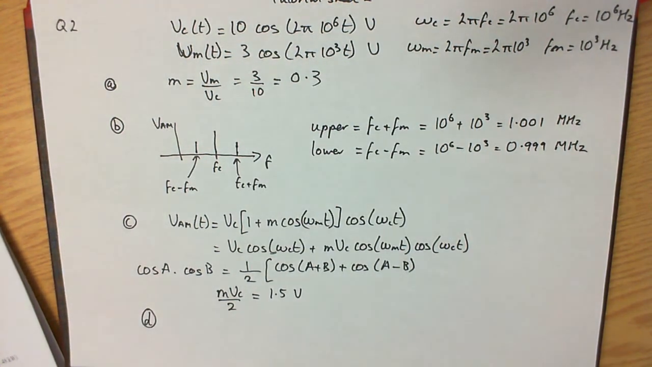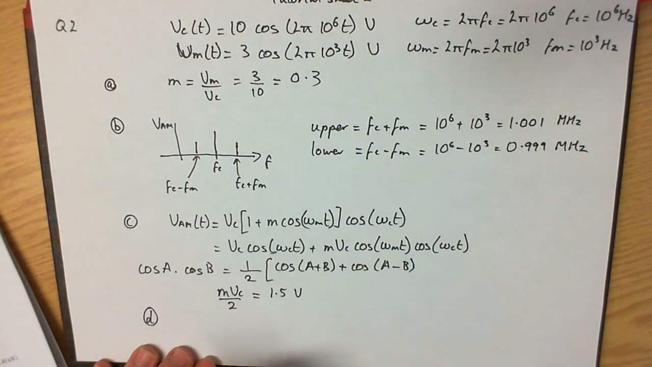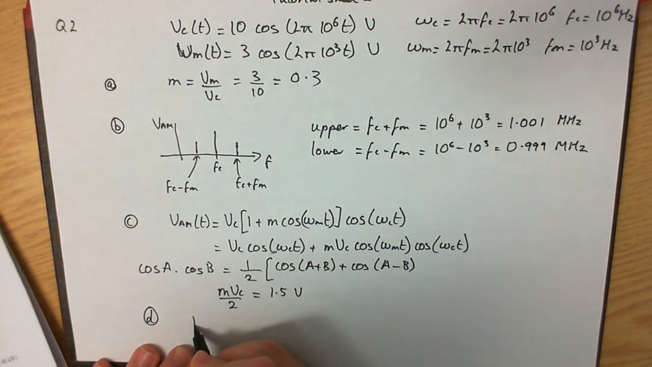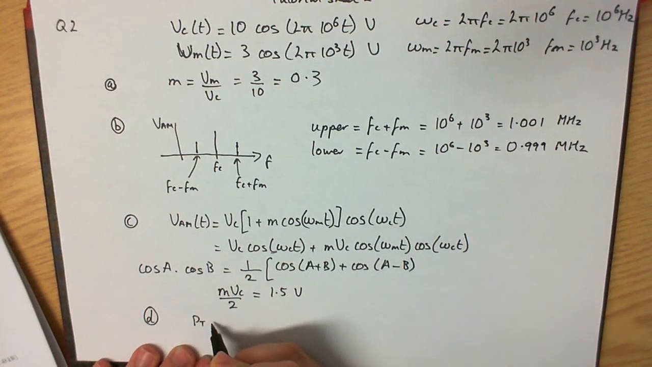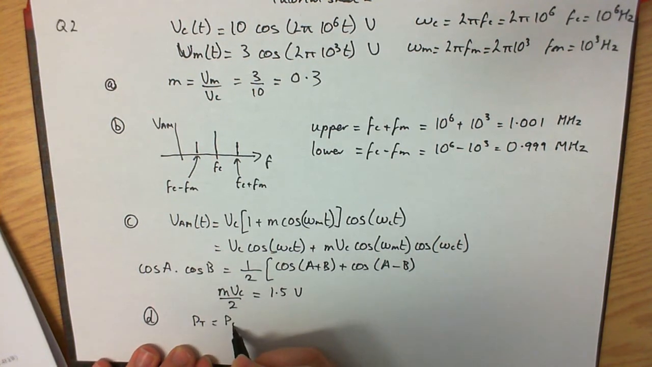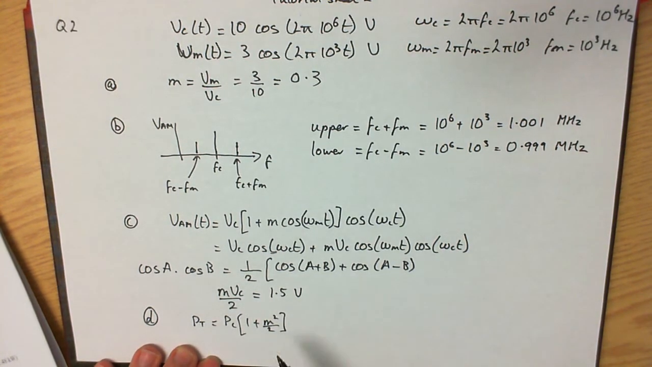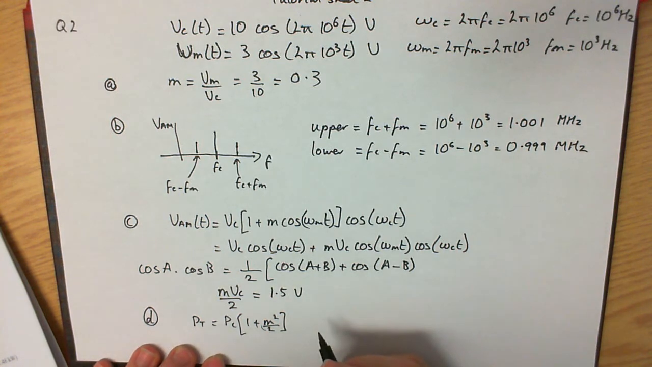Part D asks us for the fraction of power contained in the sidebands. So here we need to recall the equation for the power in an AM system. The total power is equal to Pc times 1 plus m squared over 2. So this one here is the element from the carrier alone, and this is the element from the sidebands. So if we want to work out what the fraction of the power contained in the sidebands is,